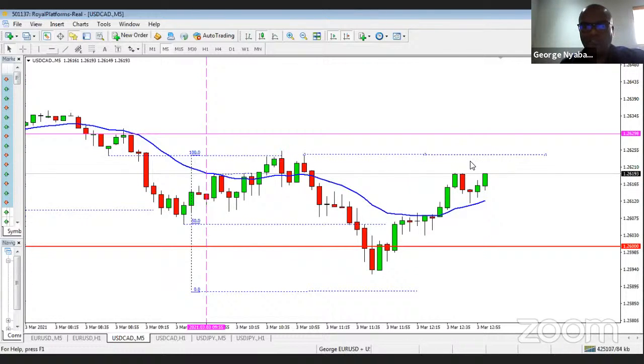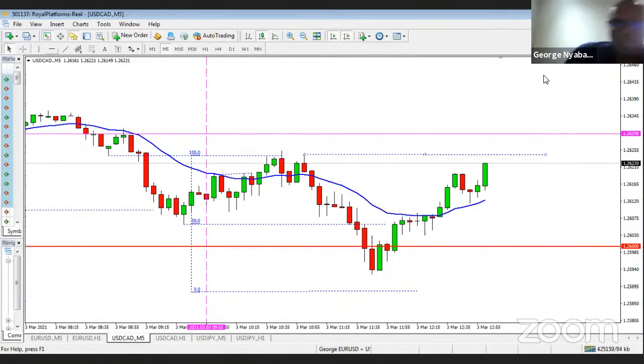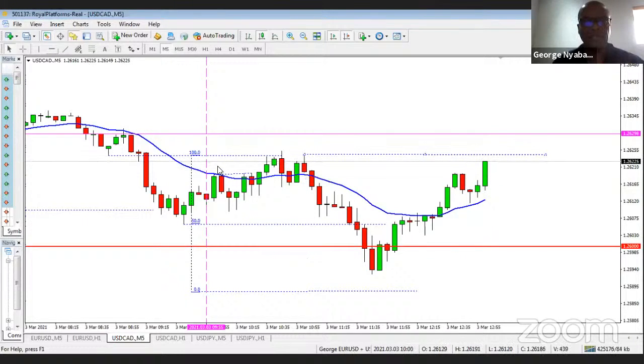If that fails, the market fails to create a double top, in other words, we have acceleration above that level and above the open of the day, then the bulls are showing strength. We need to make sure we have a breakout candle above the high of the day and a follow candle, which is still a bullish candle. Then we know, okay, bulls are strong. Let's wait for a pullback, and we can trade long. Now, you might ask, well, what would all of this be? Why would the market go down, come back, and then become long? Well, all the market is doing is